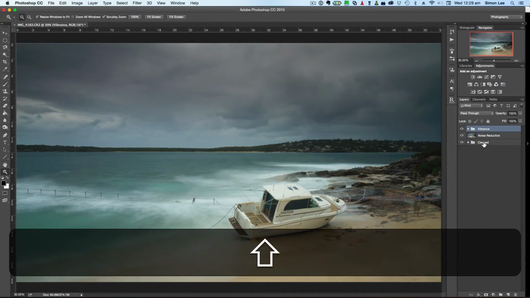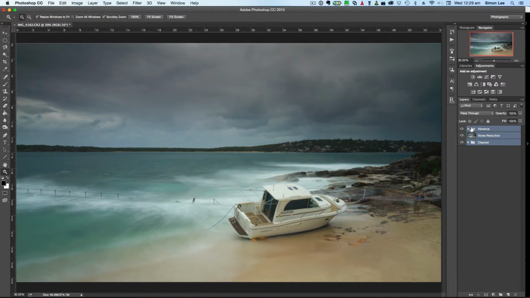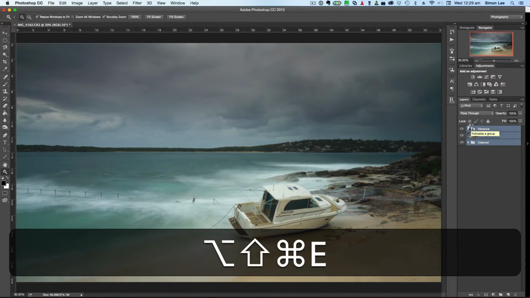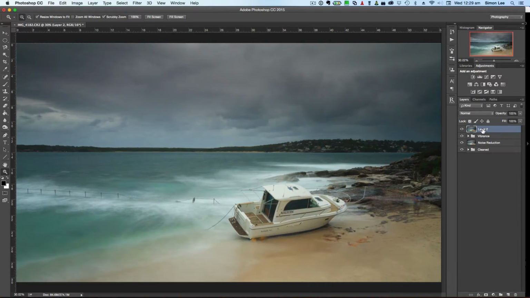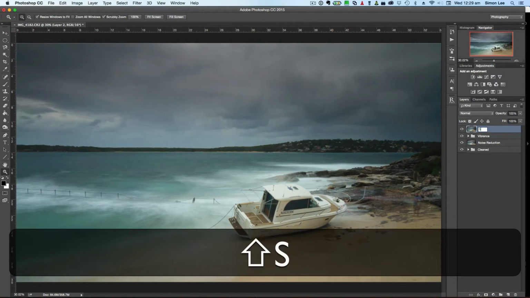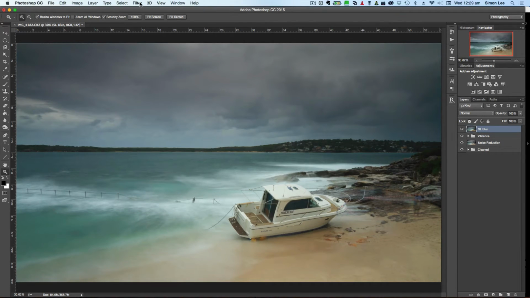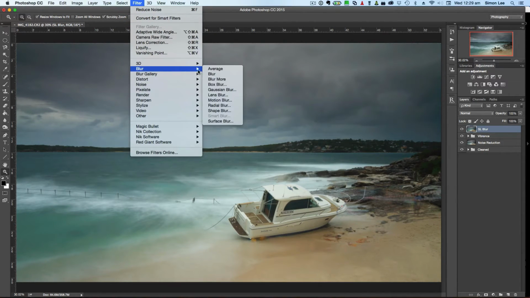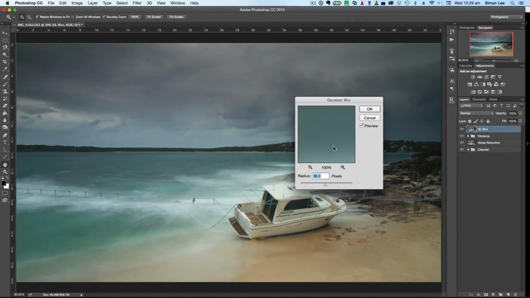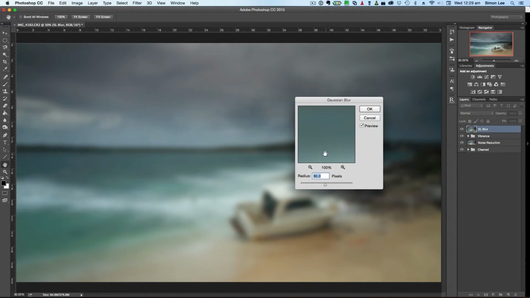I like to name things as I go along so I know what I'm doing, and I can remember what it is. So we're just going to select everything as it all is. We're going to create a new layer on here, and we're going to do another process. We're going to change its blending properties, and we're going to give it a blur. So we're going to call it a soft light blur. So first step, the filter, we come down to Blur, Gaussian Blur, and because it's a reasonably large photo, what you want to do is try and get your radius around